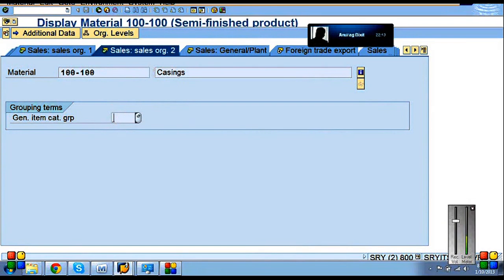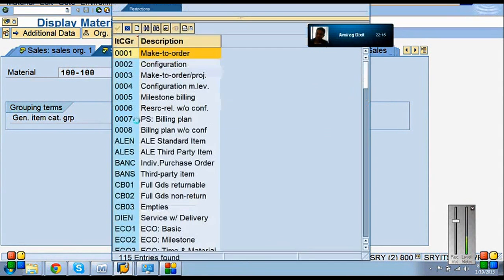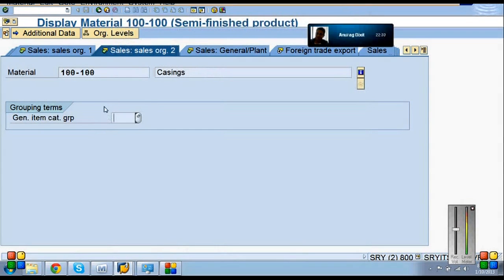That means if I want to integrate something like item make to order, this product becomes a make to order. That means you cannot buy it as make to stock. You book it, then you pay some advance, automatically you are grouping that. So in this material master you are adding those grouping terms.